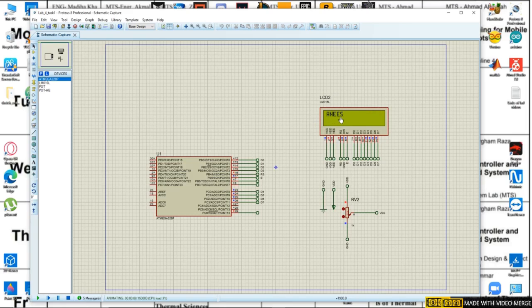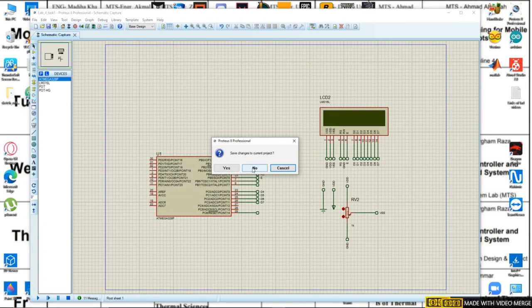As you can see, it's now writing my name. Now it will write my roll number on the second row, because I set the cursor at 01, meaning the 0th column and the second row. So as you can see, my LCD is working properly and fine. So now our second lab task was to